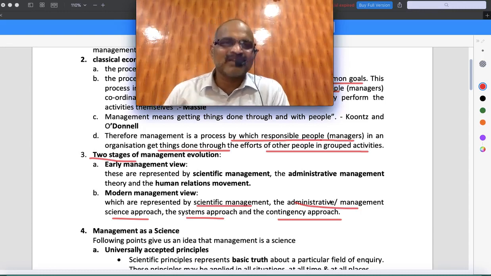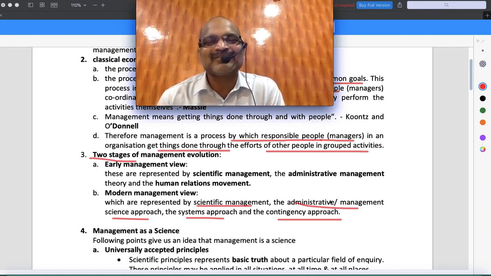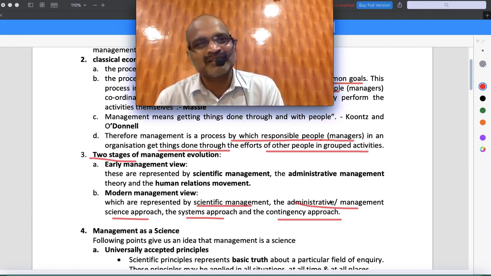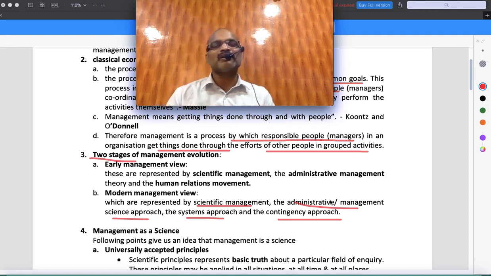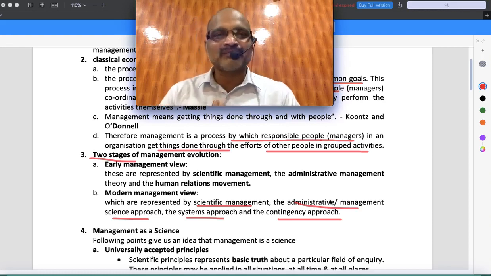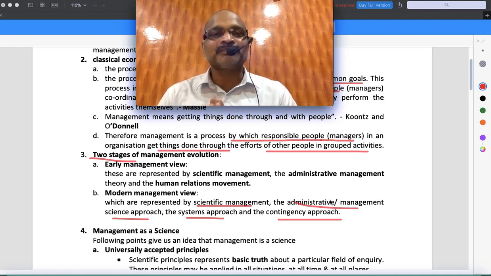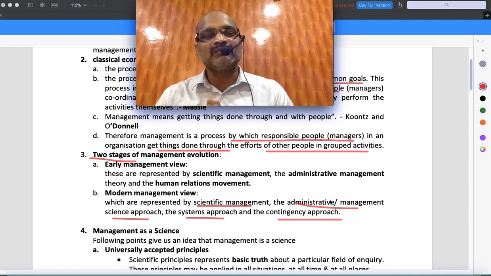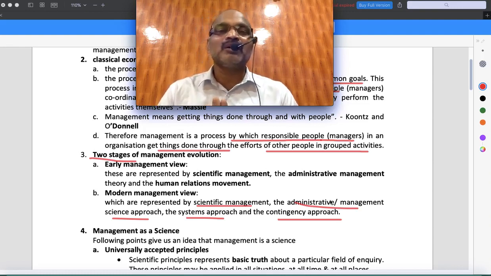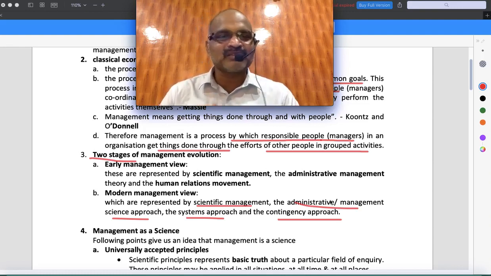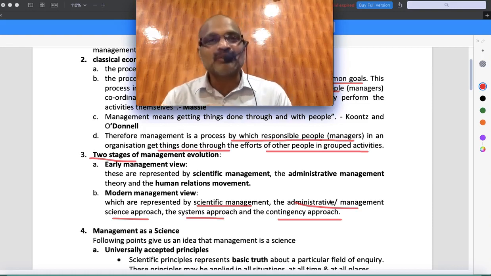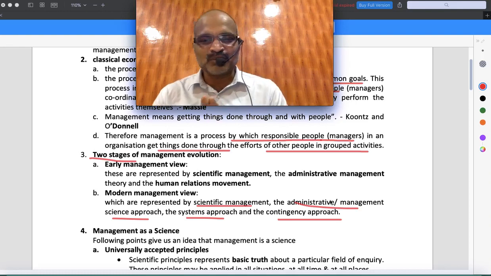At the same time, they've added some masala. In the sense, sometimes you don't reject your father, but you will add some additional thing to what your father said, right? Same thing. You don't reject your teacher, but you will always add, teacher, it is better if this is also there. Same thing. Modern people have not neglected the significance of old. This is a very important thing. Modern people have not neglected, have not ignored the old principles of management. At the same time, even after taking into consideration old principles such as scientific management, administrative management, human relations management, they have also considered something called new systems. That is what?